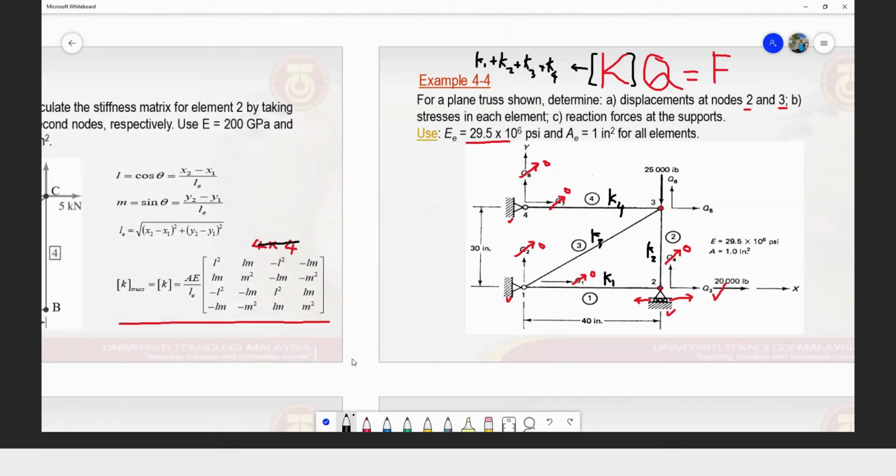Then I remove this, sorry. So when we prepare the element stiffness metric, as you can remember, we have to write the address, right? Like an address on the top and at the side of our matrix. So to write this, it is actually